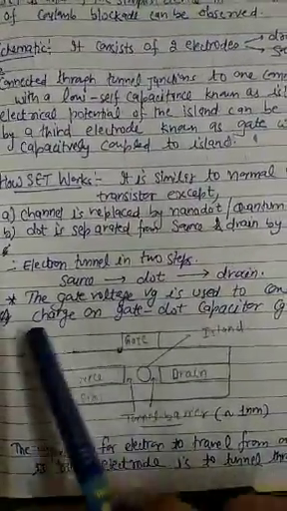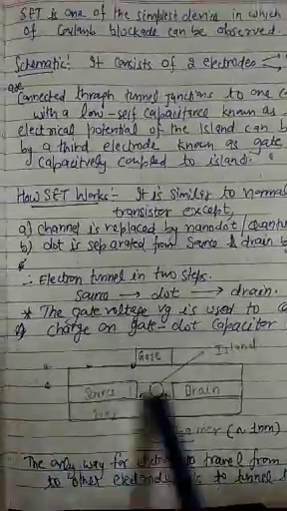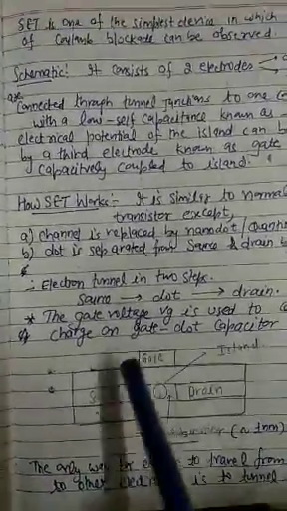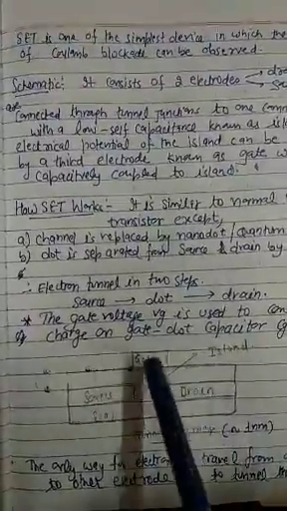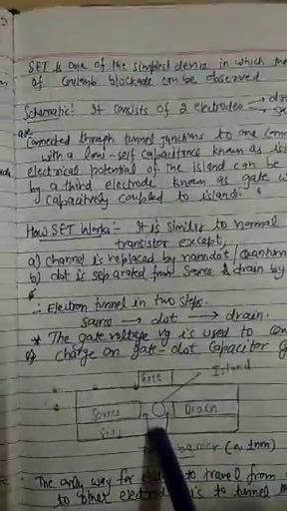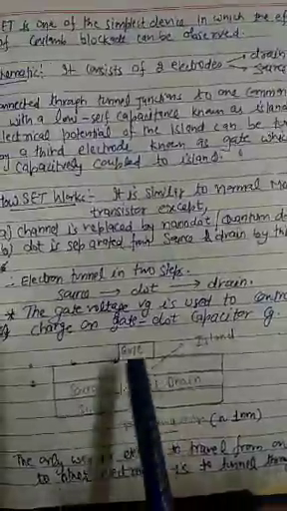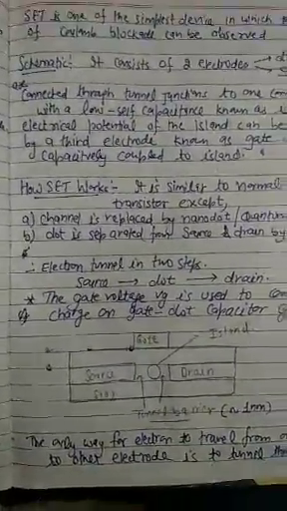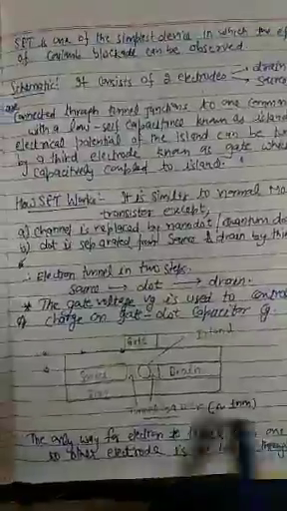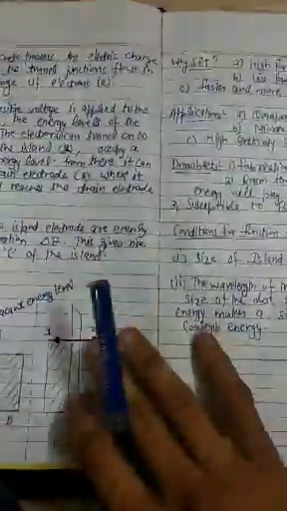One of the most important things is that the tunnel junction for this single electron transistor must be less than 10 nanometers, because we are observing the effect of Coulomb blockade. The prime condition is that the overall device needs to be observed at very, very low temperature, so that thermal fluctuation does not play any role in the tunneling of an electron from source to drain. The only way for the electron to tunnel from one electrode to the other is through the insulator. So I explained the schematic, how it works, and how it is different from a normal transistor.